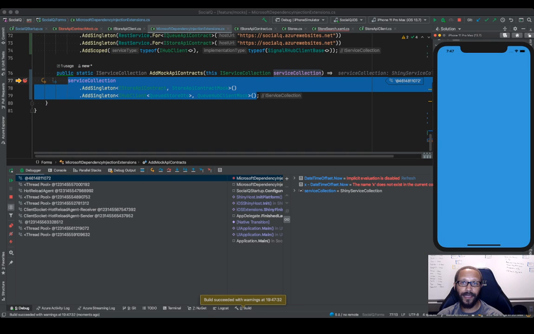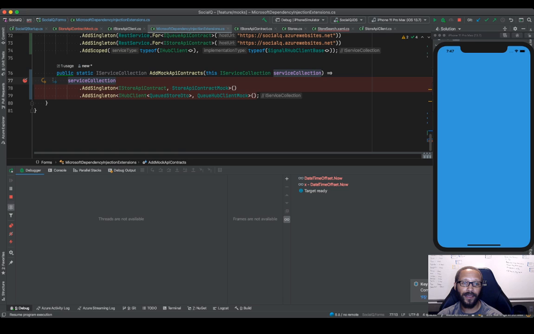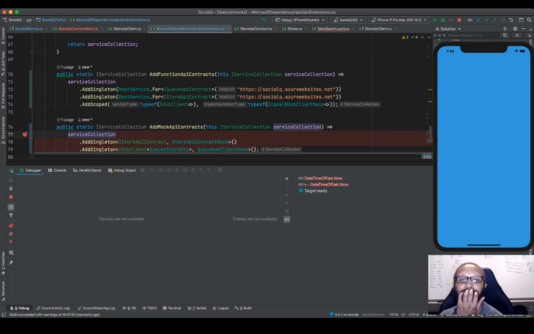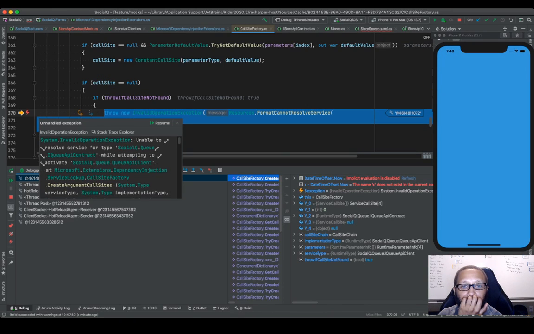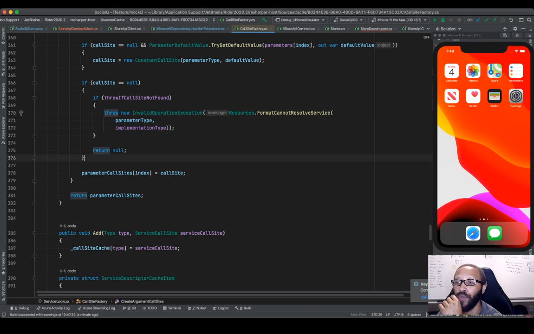All right, so we get the contract, so it's going to do the mock thing. So now when it loads my page, if it loads my page, uh-oh, I think I broke it. I think I legitimately broke it. Oh, yeah, I broke it. Unable to resolve. Okay, so we need to add one for the queue as well. So we need to add a mock for the queue, which there's already a mock for that, but we